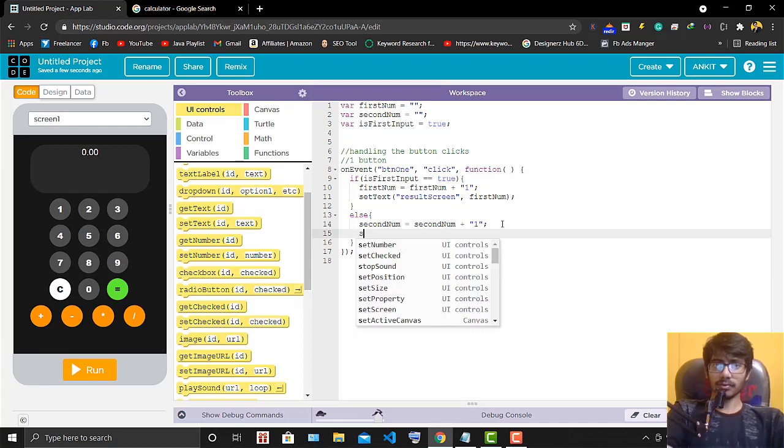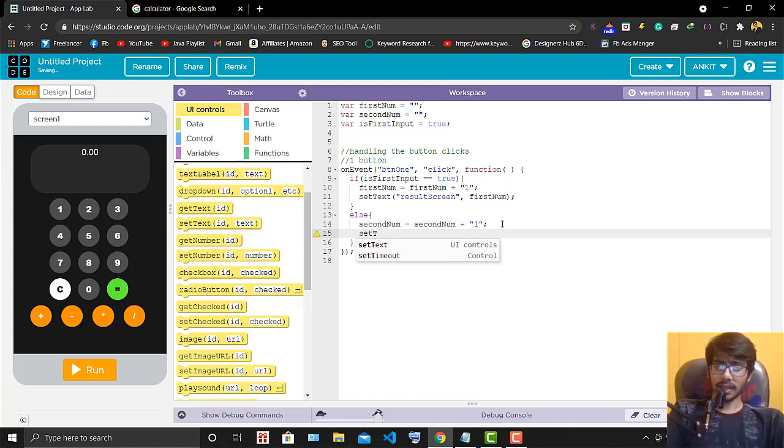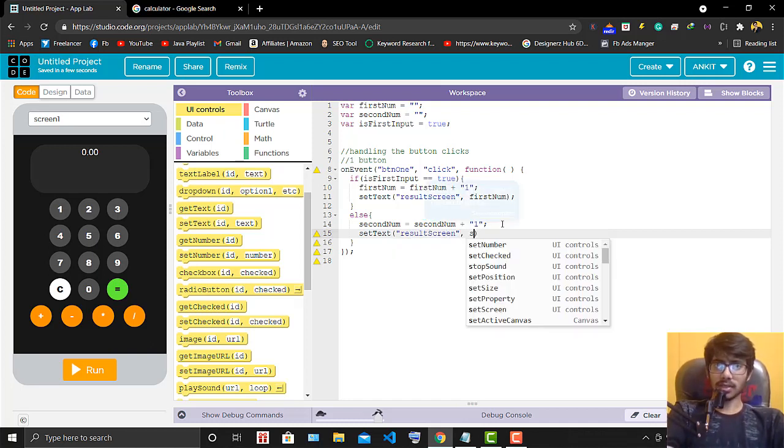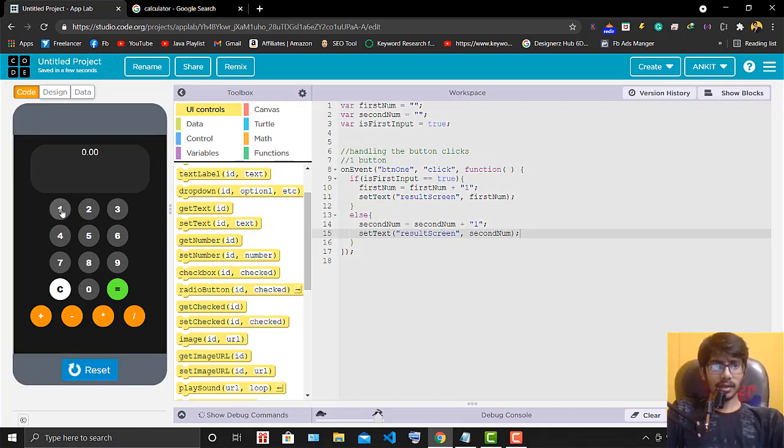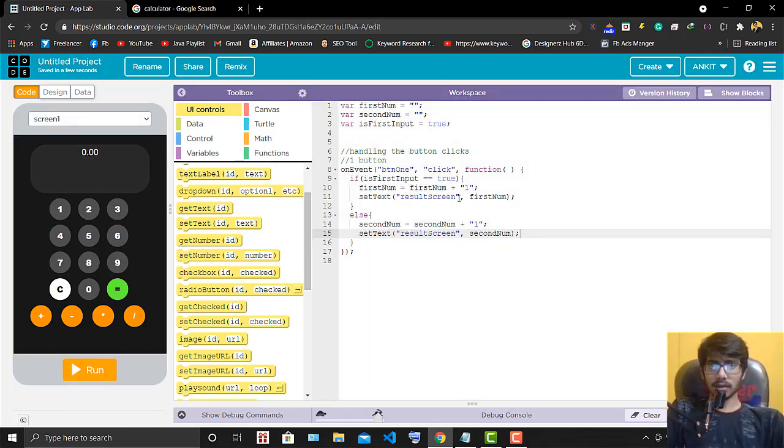Now we set text again on the result screen, and here I will write second num. Now when I put 1 1 1 1 1 1, it's working. As of right now, let's leave this and move ahead.